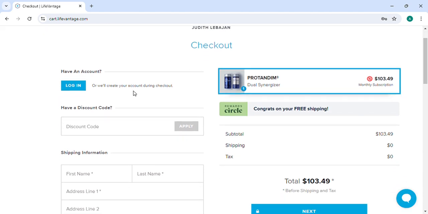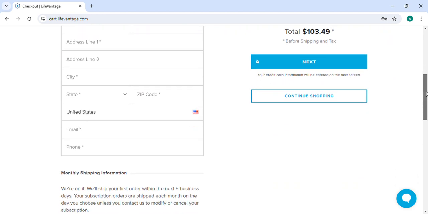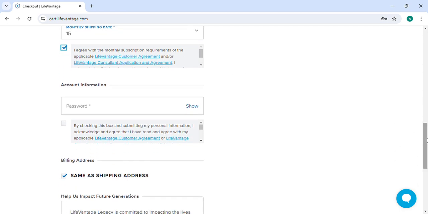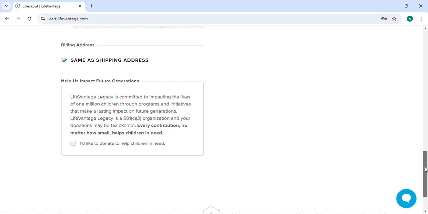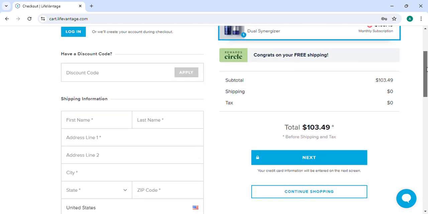You just fill this out for your details, your name, address. Just upon filling it up, you check this so that I can go through password. Check this box. Then just proceed. Click next.